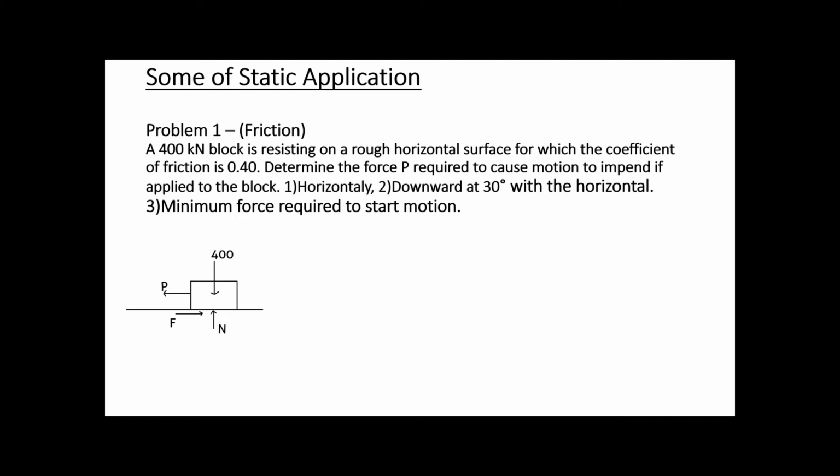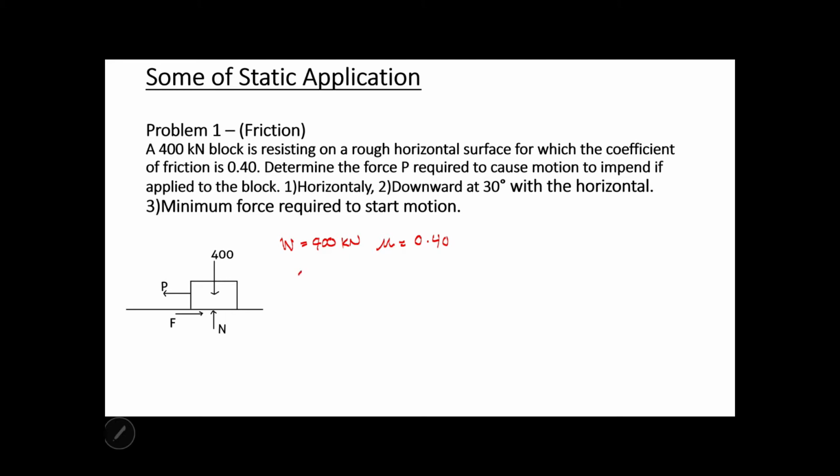Okay, to solve for requirement number 1, yung P po natin ay horizontal siya sa plane. Or parallel siya sa plane, because our plane is horizontal. Tingnan nyo lang sa drawing. So, ang given natin is yung weight, which is 400 kilonewton, at saka yung coefficient of friction natin is mu. Paki-recall sa mechanics, this is 0.4. To solve for number 1,